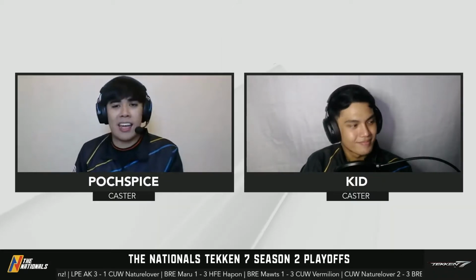Yep, the ultimate opportunist. You painted the game plan right there of Mishima's backing away, waiting for that right opportunity to land that electric. And Vermilion using Devil Jin, I mean, he has been with him for how many years now? Mm. So his execution's on point, and he seems to be feeling it right now in this matchup. So let's see how Hapon will be able to counter the Devil Jin strats,